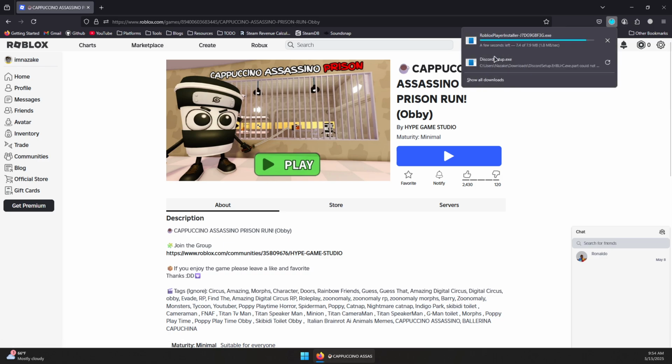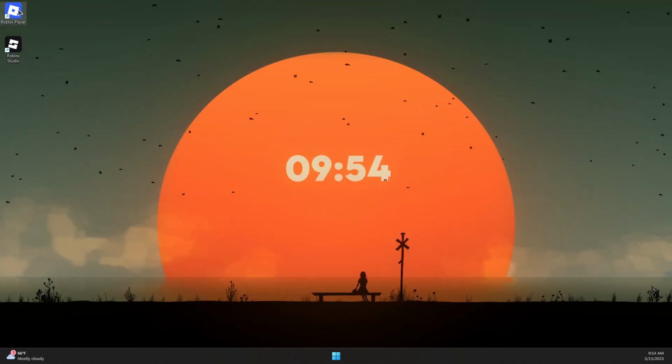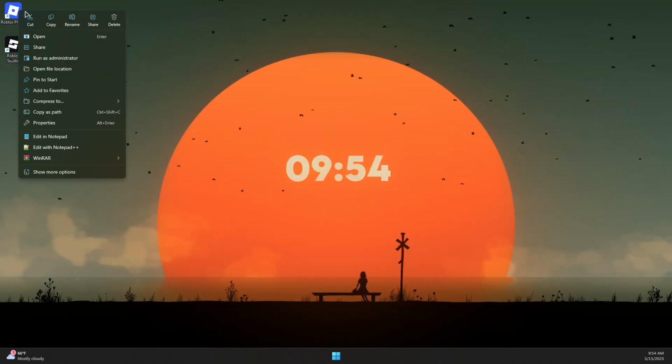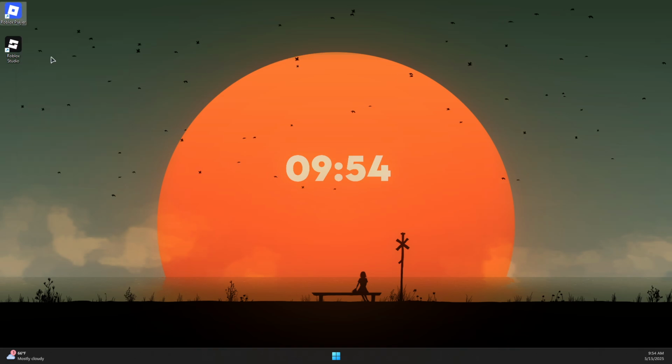Now once it downloads, you should double click on this to start installing Roblox again. Now you can simply right click on the Roblox player and then click on Run as administrator, and that should